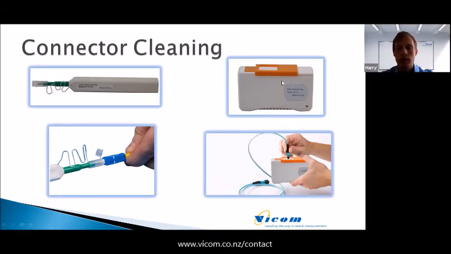In order to utilize a cleaning cassette, in this case, you would pull the orange tab to the right-hand side, which would expose a clean piece of cleaning fabric, and you would then rub the connector end face, as per the bottom image, on the exposed piece of cleaning fabric, remembering to rub the connector in one direction only. And when you rub the connector, every time you complete a rub in one direction, you move it across, so you're rubbing it in clean parallel tracks,